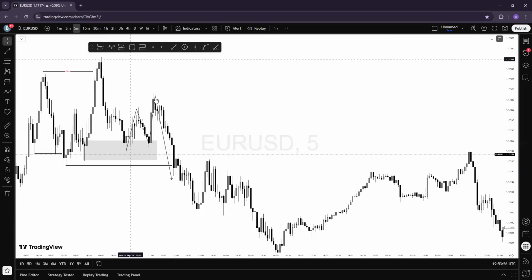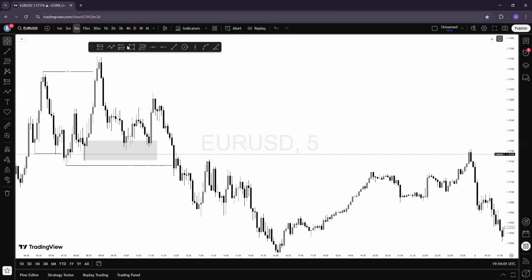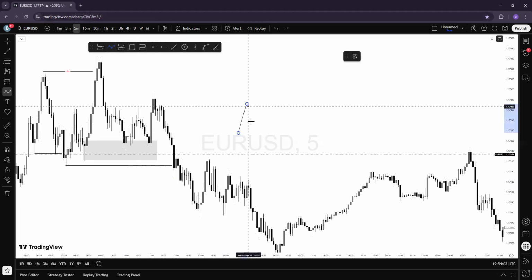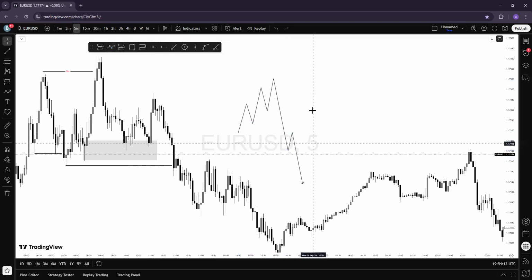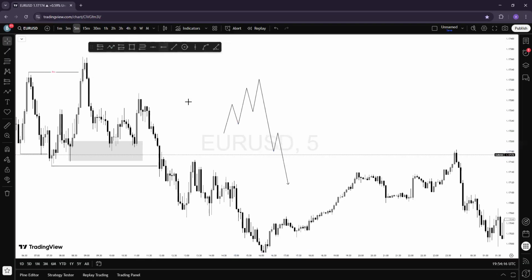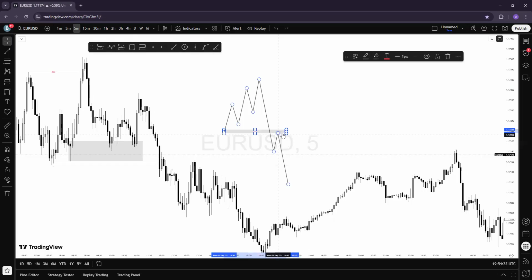Let me sketch it out. Whenever we have a high, a low, a high, a low, a high, and then the market fails like this, then pulls back, and then again. So how many POIs do we have here? This will be our first POI, this particular one. And if we extend to the future, you see the market has already used it as a breaker, so that one no longer exists.